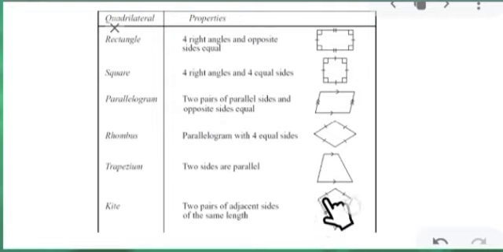Two pairs of adjacent sides. Adjacent sides means here it's the opposite sides that are equal, but here nearby the two sides are equal. That is called adjacent sides. So these are all the